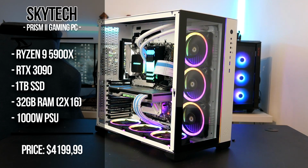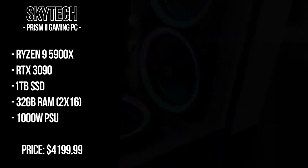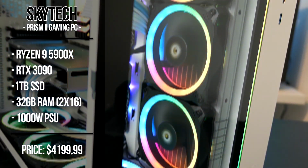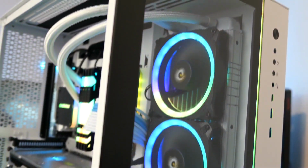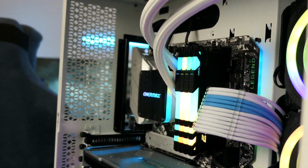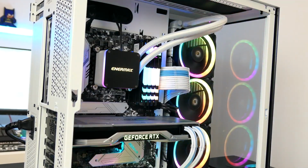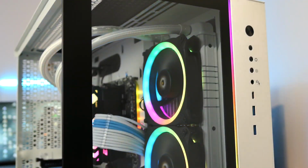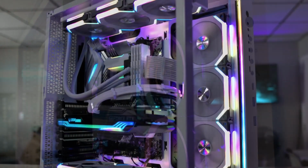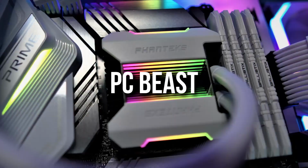You get 1TB of Gen 4 SSD, 32 gigs of RAM at 3600 MHz with RGB, of course. You get a 1000 watts gold power supply for future upgradability, so if you want to upgrade the GPU or the CPU down the line, this 1000 watts gold power supply is going to help you with that. You also get a 360mm all-in-one liquid cooler, which is better than the 240 that I mentioned before. You get 6 fans in total, this amazing case for the airflow, so overall you're getting a beast,